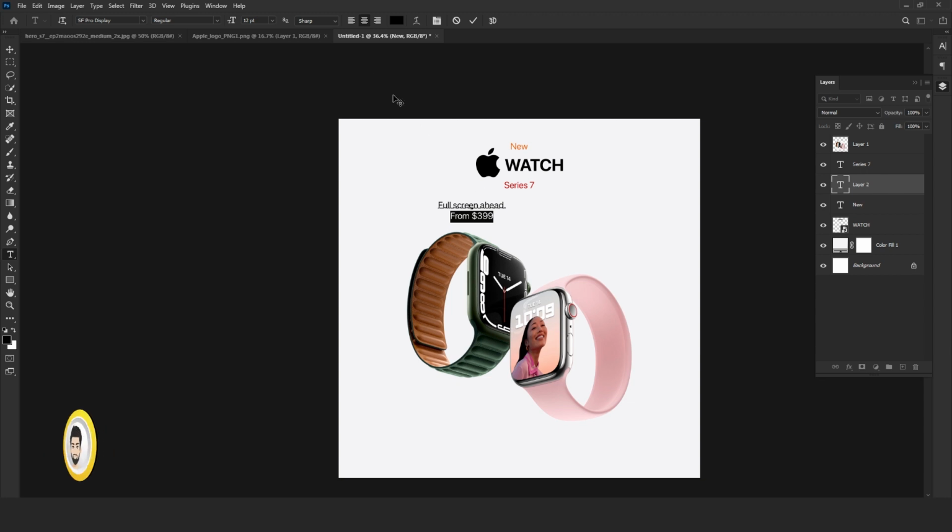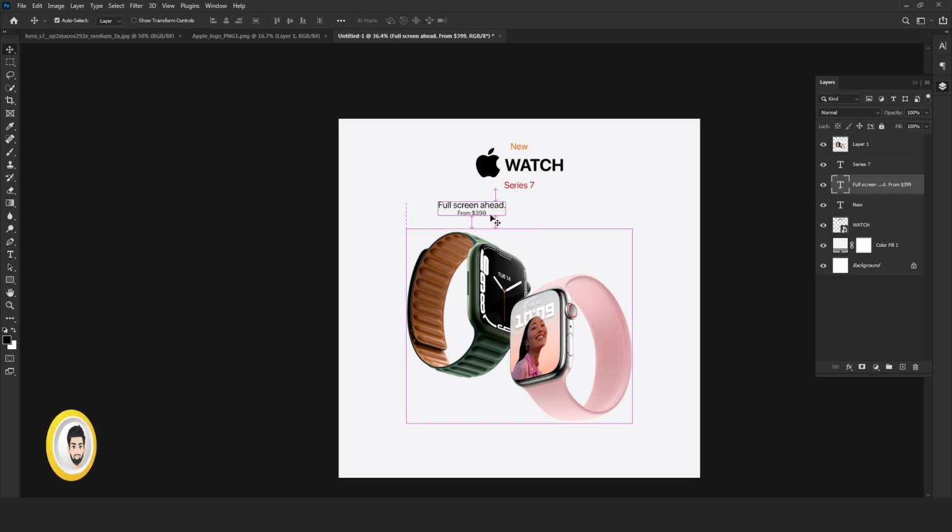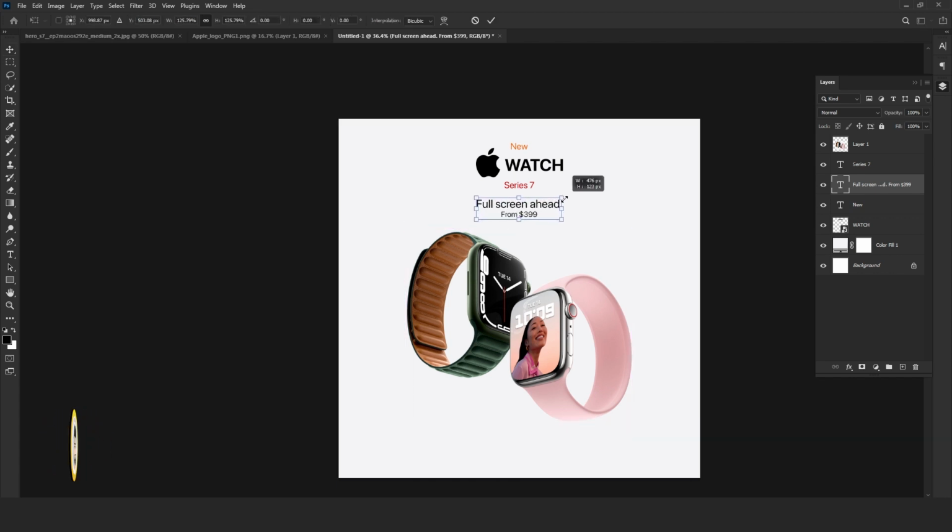Select only from $399 and reduce the text to 8 point. Now select all the document and align center. Just transform the layer a little bit larger. Fine.